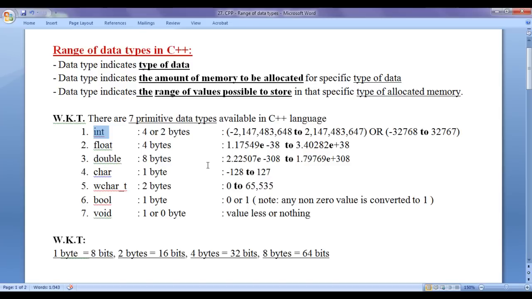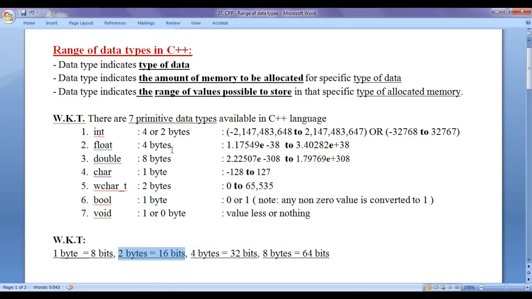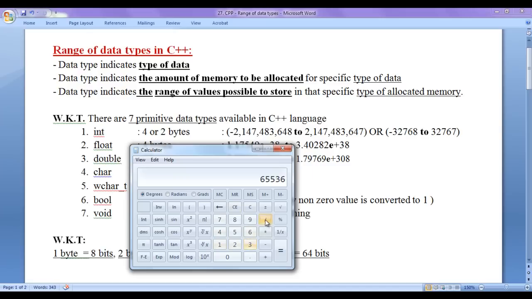65,536 values, guys. How do we say exactly 65,536 values? Let me explain. 2 bytes is equal to 16 bits. If I say 2 raised to the power of 16, it is going to become 65,536. That is the reason I am saying that inside 2 bytes of integer type memory, we can store 65,536 values, guys. If I divide that number by 2, if I make it half, it is going to become